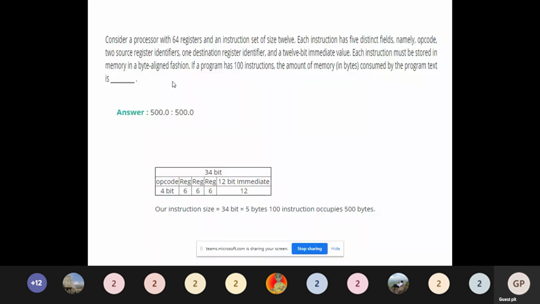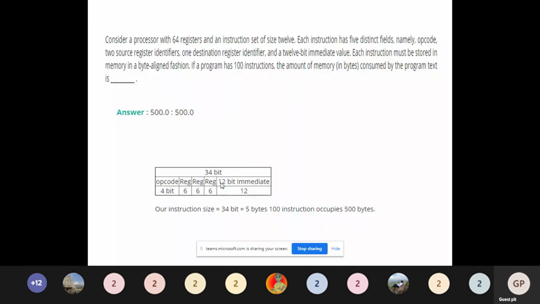For the opcode, you will have 4 bits. Then we have 3 registers, 2 source and 1 destination register. Each register occupies 6 bits. Followed by that we have a 12-bit immediate value. So on the whole you will have 4 plus 6 plus 6 plus 6 plus 12, which is 34 bits together. Therefore one instruction size is 34 bits.